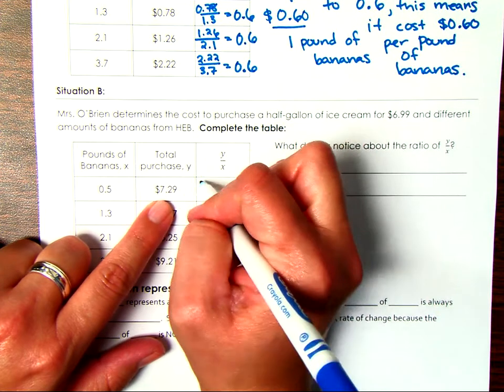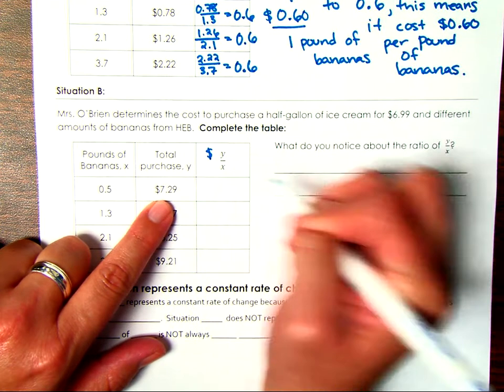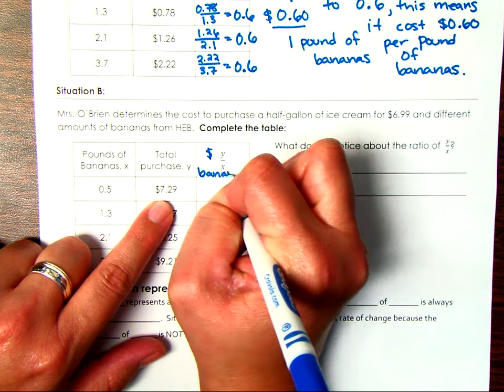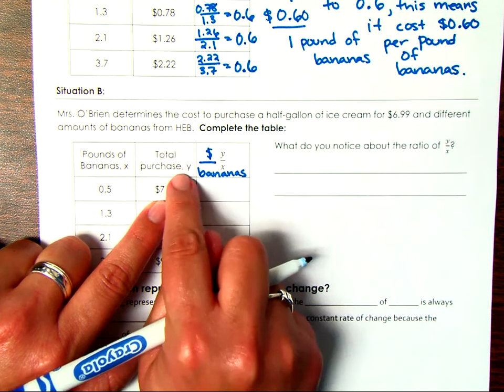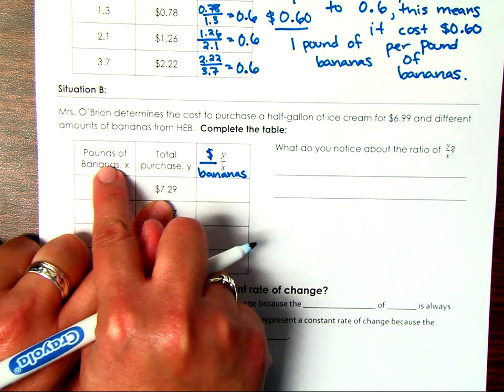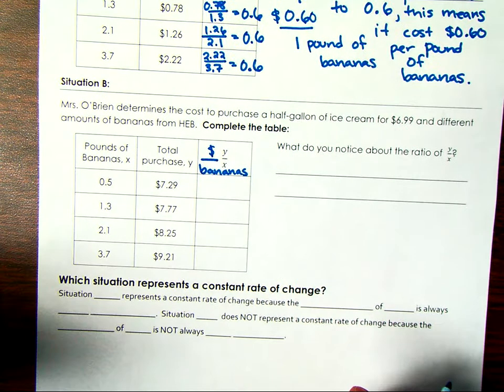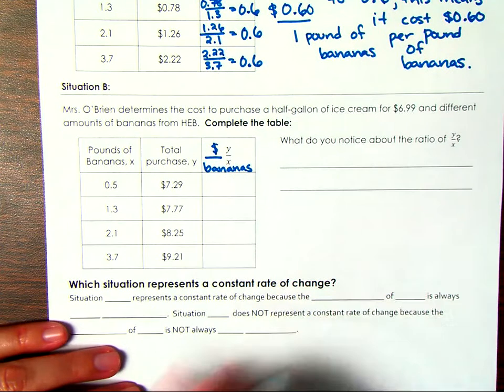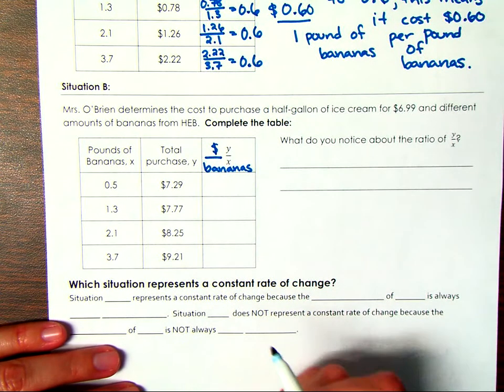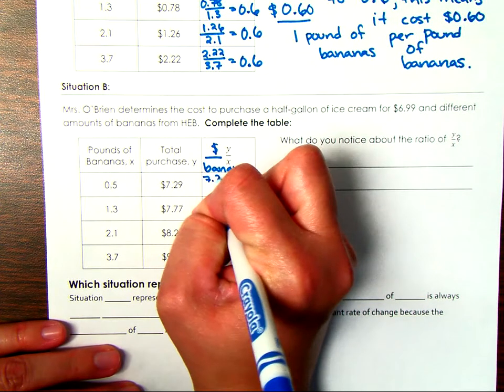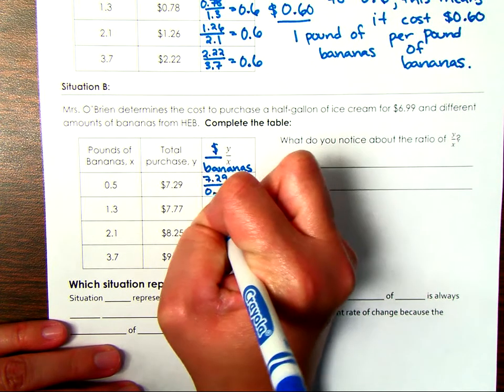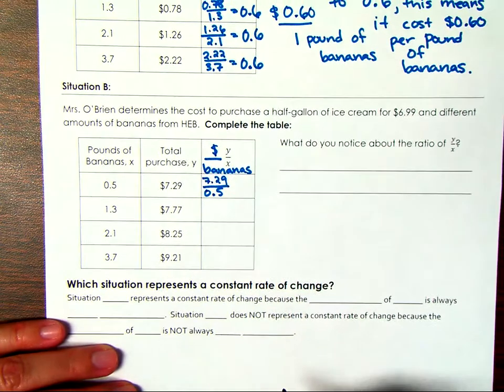So when I have my total purchase compared to the bananas, again, because it's Y, my total cost, depending on what I'm buying. And she is buying that half gallon of ice cream and an additional amount of bananas. So we're going to take $7.29 for every 5/10 pounds of bananas. Then she spends